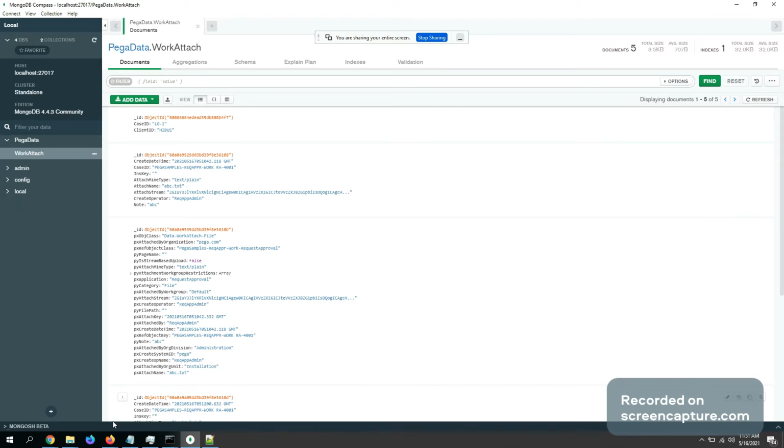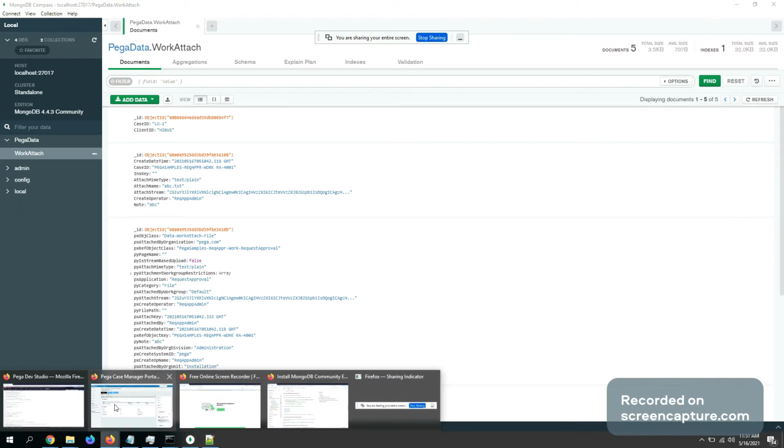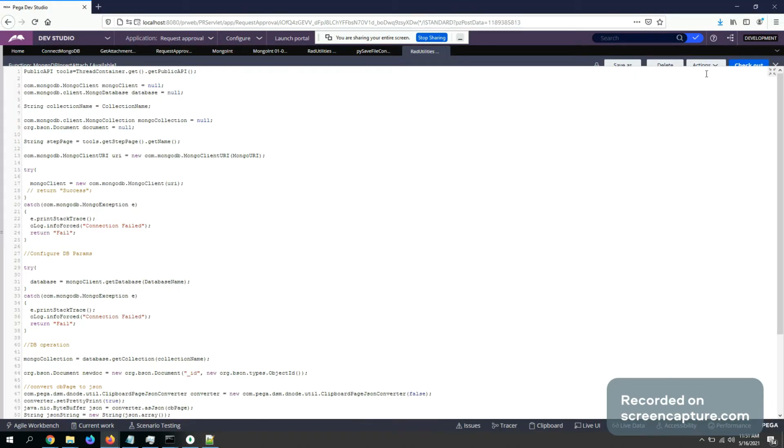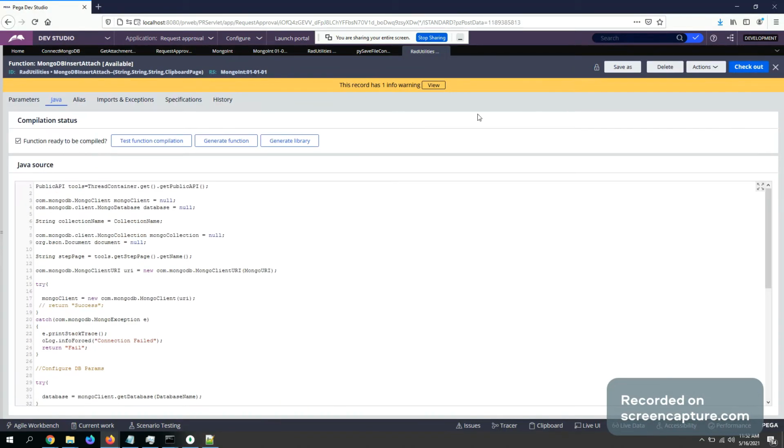Now go to personal edition and import the driver.